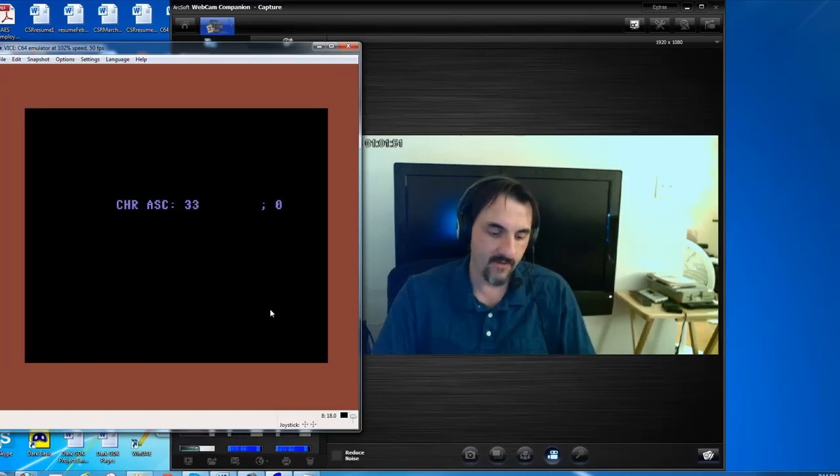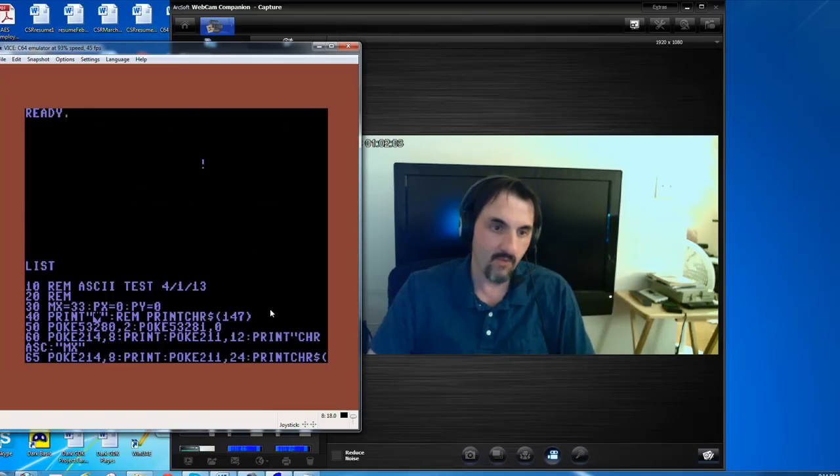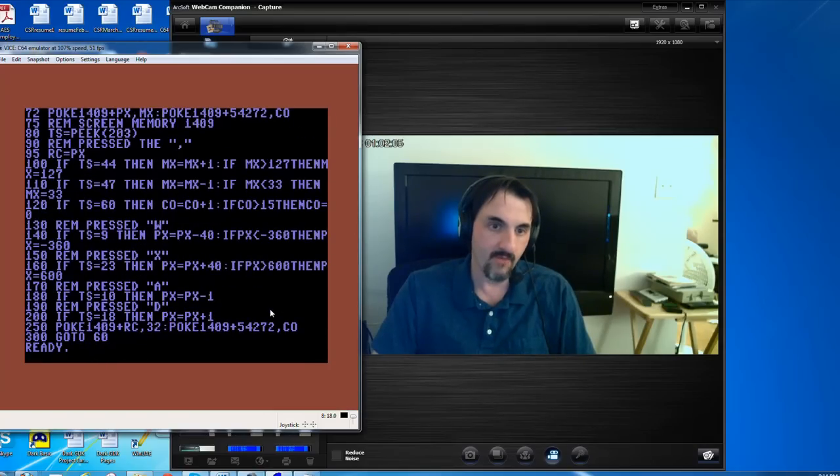There is another flaw though. If you move over here, it's actually going to position it down on the next line instead of staying on the same line. So we need to keep track of how far it's moving left and right. That's real simple. Since we're only incrementing by 1, we only need to keep track of it in each increment of 1, basically. So since we started it here, we just want to figure out where PX is